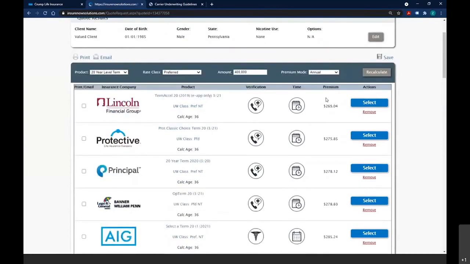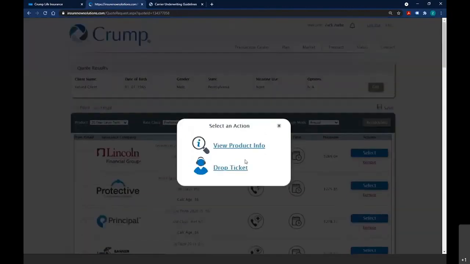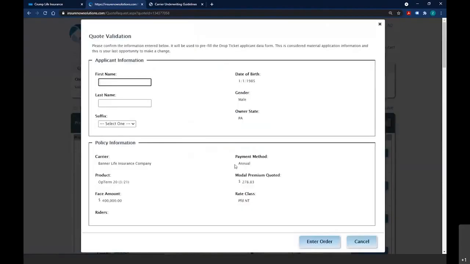To the right of those icons, you'll see the premium amount, and to the right of the premium amount, you'll see the action section that allows you to transact business. So once you've selected the appropriate carrier and product for your client, simply click on the Select button, and we'll show you what application fulfillment methods are available to you. For this product here, we simply have a drop ticket. For those carriers that offer a drop ticket and an e-app, you'll see both of those options displayed on screen. To access the drop ticket, simply select Drop Ticket,